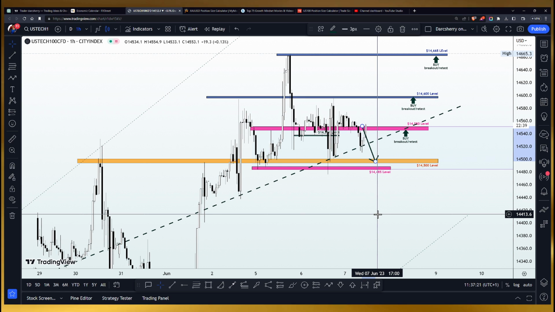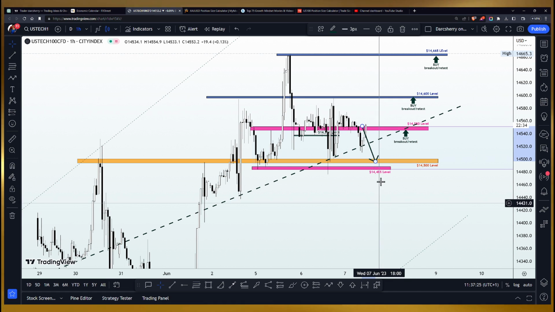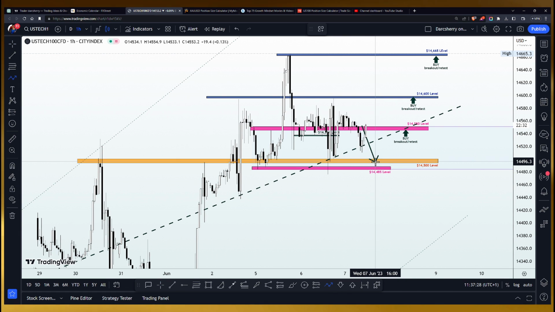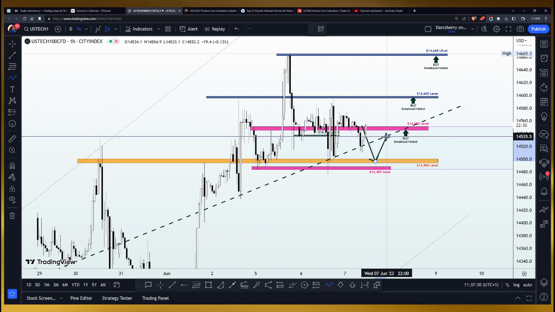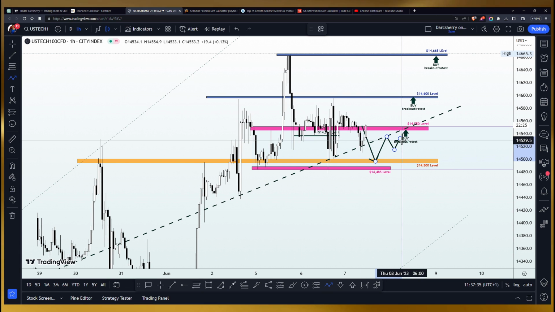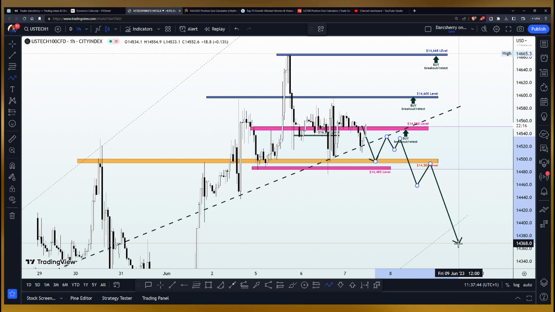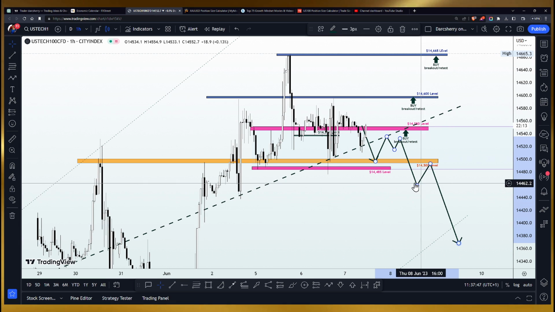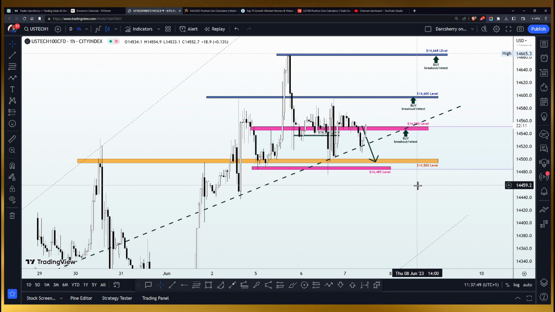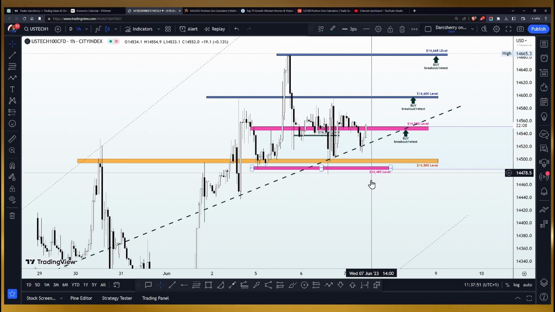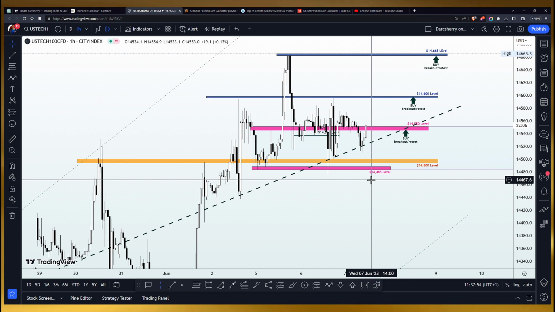Look out for selling pressure. Look out for signs that buyers are finding it difficult to climb back above that trend line, and this would reflect on the chart as something like this: retest of structure, continued selling pressure around that area. Then at this point, we want to consider selling the USTech 100. Then with a sell stop order below our key level, we want to be adding more position as we ride that move all the way to the downside. So we have a very simple setup here on the USTech 100 to guide our trading activities going forward.